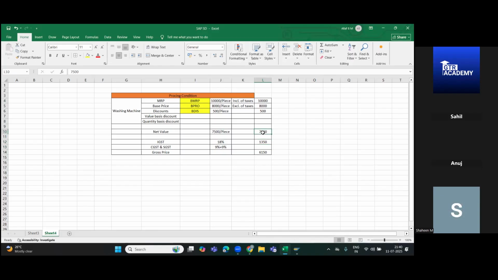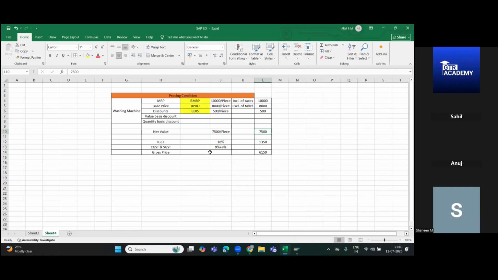If the business wants to calculate the pricing from the MRP, then we need to keep the pricing condition or its strategy based on that value. But here we can understand. So whenever we are selling as a business to business, that means